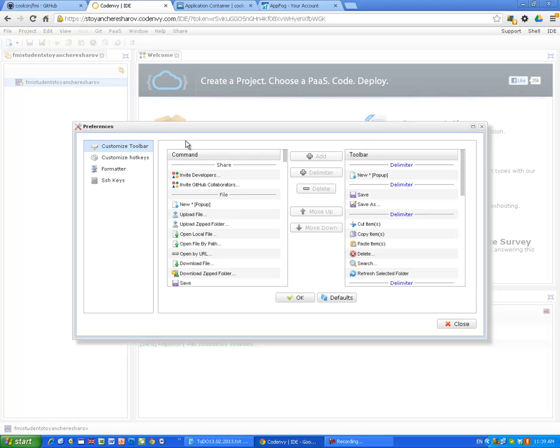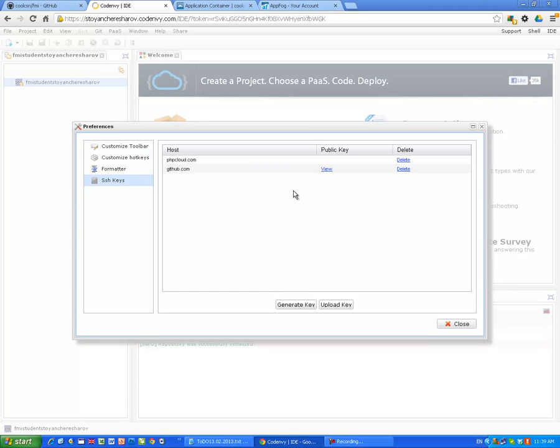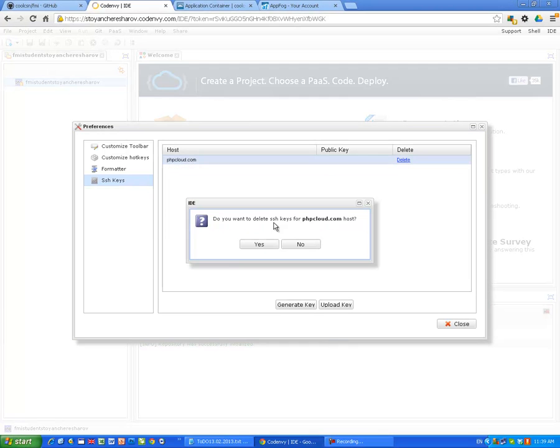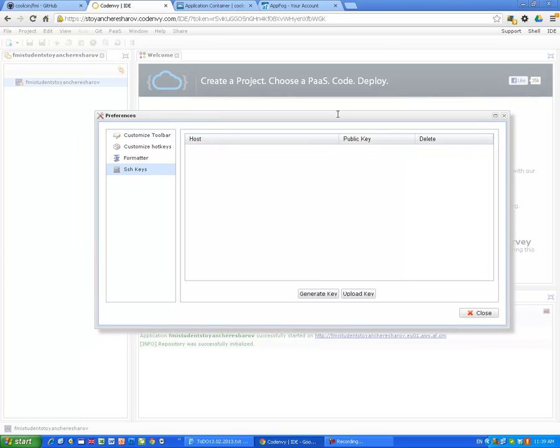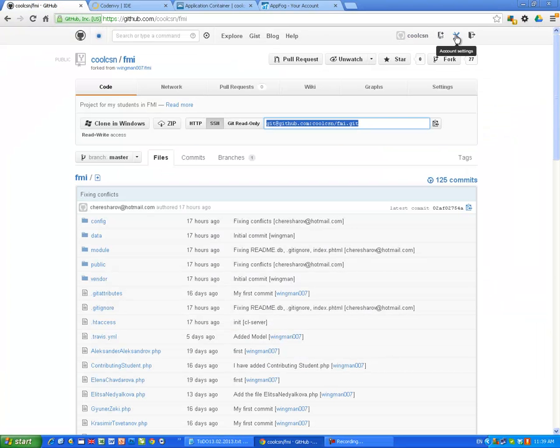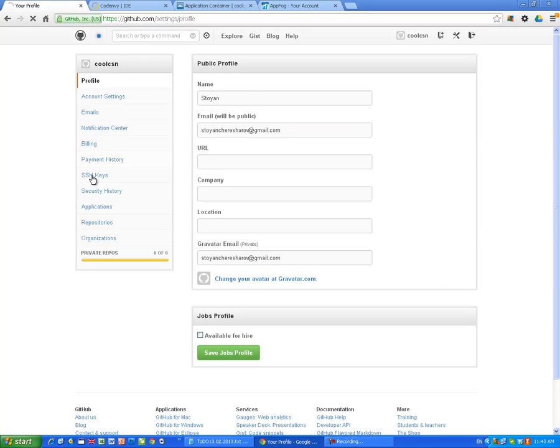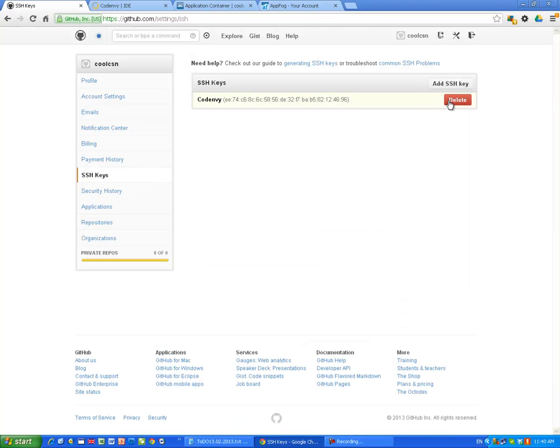Okay, now let's go to Window, Preferences, SSH keys, and just to show you everything from scratch, I'm going to remove this key and generate it again. I'm going to remove this key as well. I just want to show you everything really from scratch, because I have done this section and that's why I already have these keys there. So let's go to account settings, SSH keys. Let's see what we have here. Codenvy. I'm going to remove this as well. Now, as we can see, we don't have any SSH keys here,